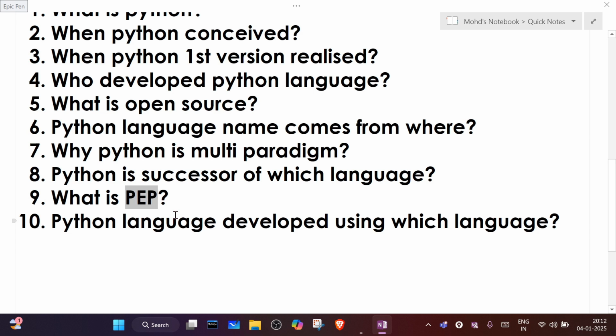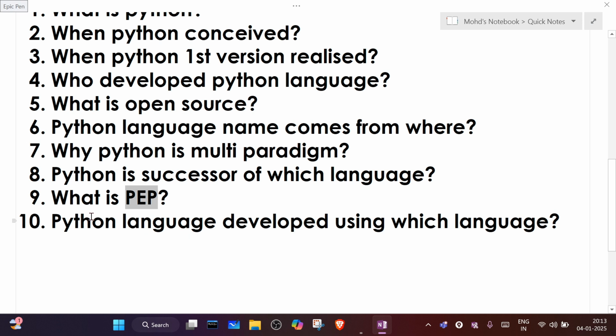Whenever you want to report any bugs in Python, suppose you are writing a program in Python and you have good experience in Python, or you are a senior developer, and you want to report bugs or add a feature in Python, you will write a PEP document to tell the Python organization to implement those new things. So you will write a Python Enhancement Proposal. These are technical documents which contain new things.